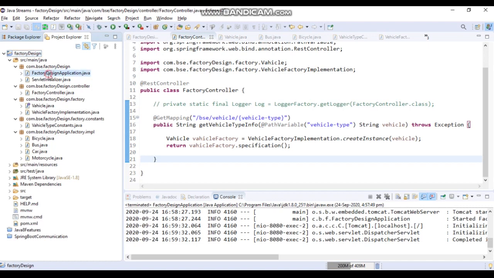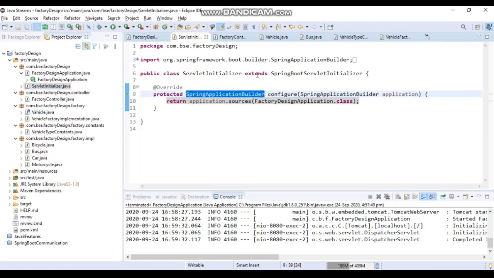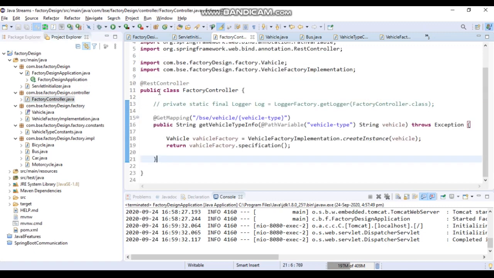This is the factory design application class. This is the main class which we get from the Spring Boot project, and this is again the servlet initializer class which we get from the Spring Boot initializer when we create a new project. I have created a factory controller here. In this controller I have used RestController for accepting the REST requests from the browser. Then I have used GetMapping here for the GET request, because we are going to hit GET requests, and then I have assigned a